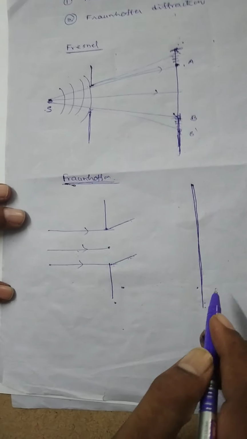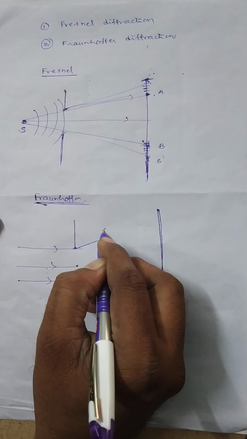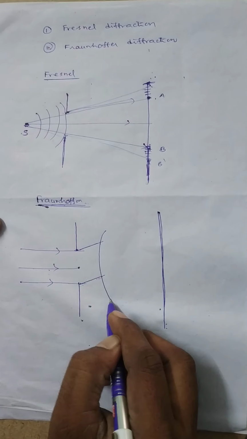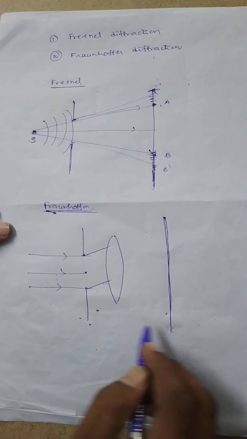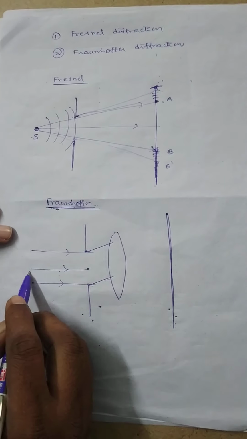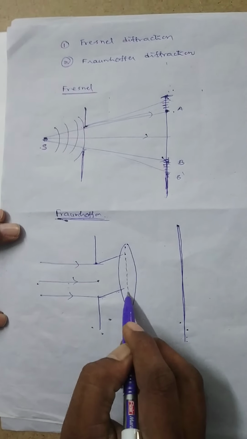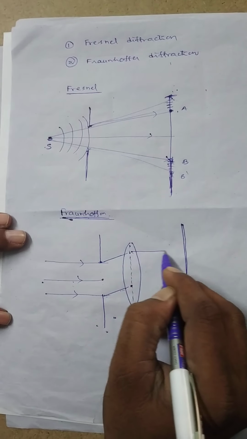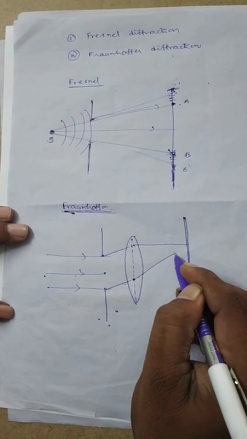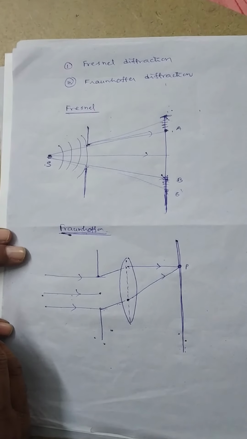That's why to observe the diffraction bands on the screen, a convex lens is compulsorily placed. It is a double convex lens. A double convex lens is placed in between slit and screen. Suppose a parallel beam of light is made incident on the lens. After refraction, the light rays will converge at its focus. That means diffraction bands are observed on the screen like this.